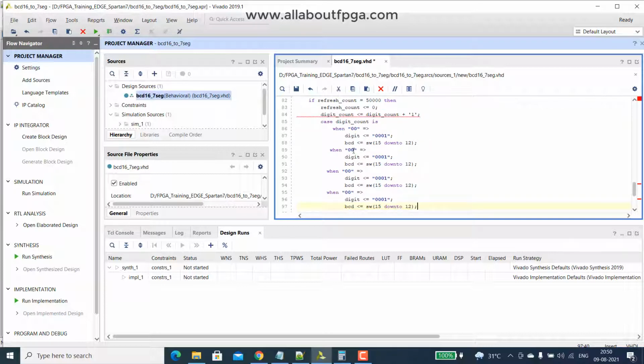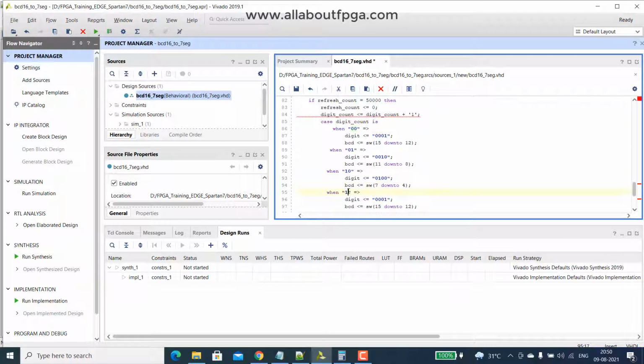Here 0001, this digit should be shifted to the second digit, and this is in the range of 11 down to 8. Then we have a 10, then it should be 0100 with the range of 7 down to 4.